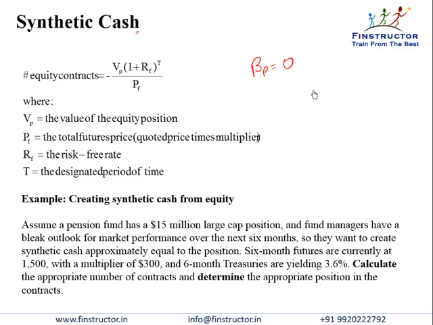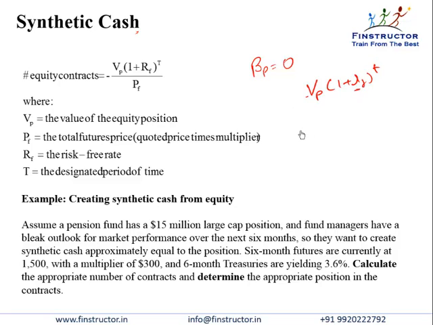Let's assume the value of the portfolio currently is VP, and if this entire VP was cash, then at the end of period T, this VP would have become VP into (1 plus RF) to the power T, because it is cash. Cash doesn't mean zero return. Cash means I want to earn the risk-free rate of return on this portfolio. So this VP should not be moving with the market, it should just be a value of VP into (1 plus R) to the power T. So if this is the value that I want,